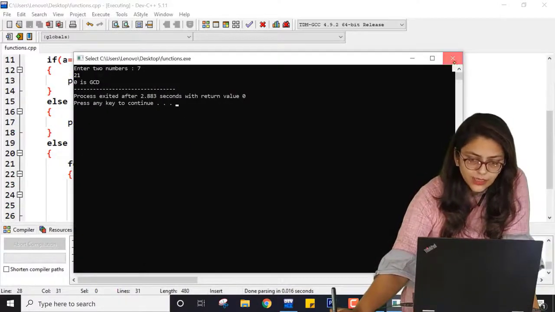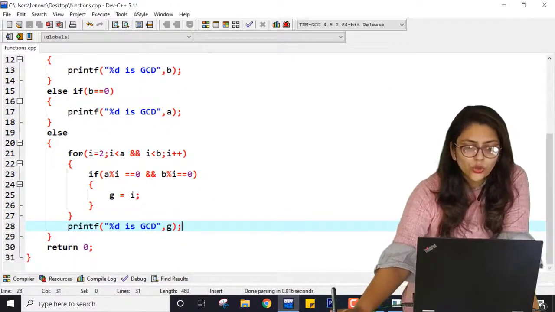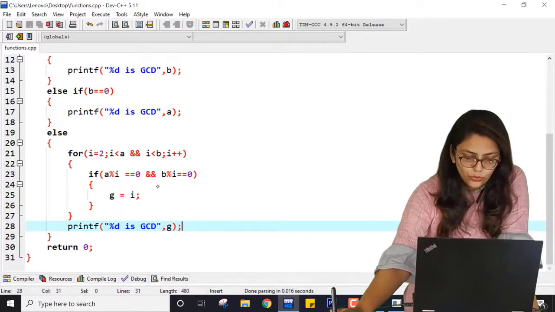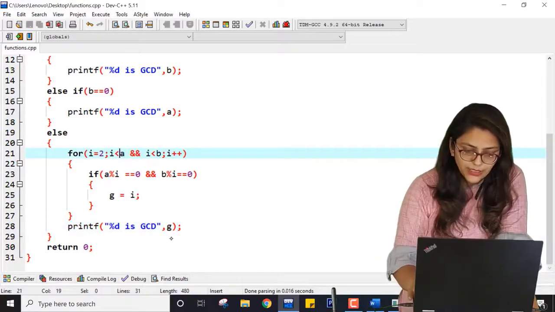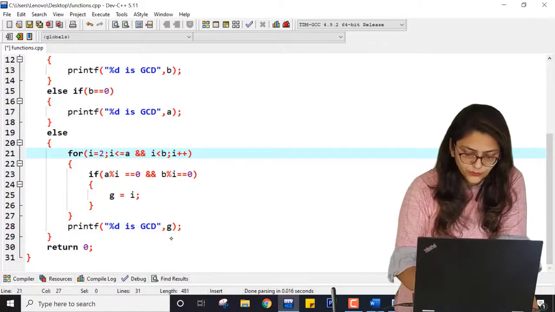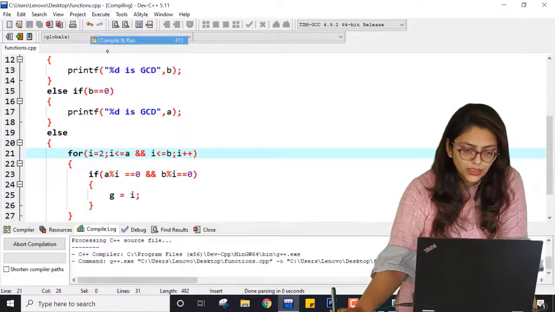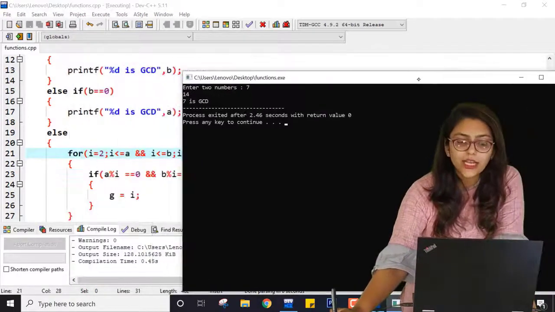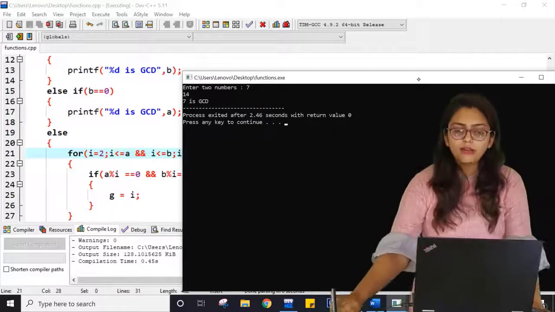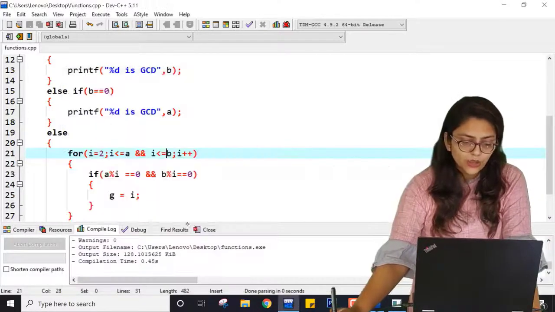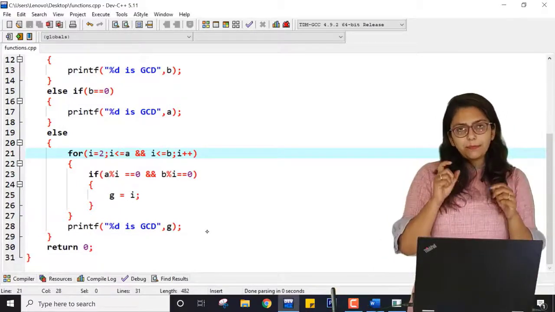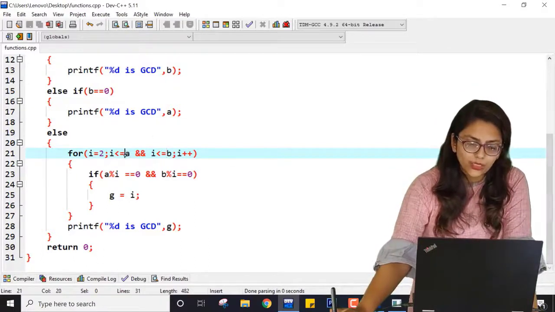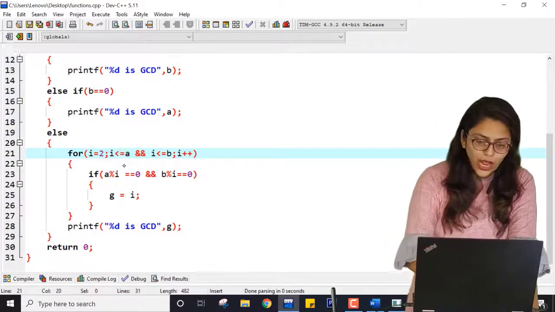That means there is some error in this code, right? So I am entering 7. 7 divided by 2 equal to 0? No. Okay, it is happening because I have not taken the equal to condition. Right, now the answer will be there. For 7 and 14, the answer is 7, which is correct, right? So 7 is the greatest divisor of 7 and 14. You can check this logic for any number, as 7 is a prime number. Whenever I was adding 7, it was going up to 6 only, because of that condition. So now the code is correct.